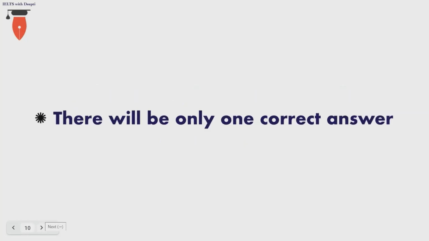Then obviously there's going to be just one correct answer choice, and that is exactly what you have to focus on. The wrong answer choice may not give you a complete idea of the paragraph. So it will not give you the main idea, but it will give you a slightly twisted idea of that paragraph. So we have to be sure we don't get into that trap.